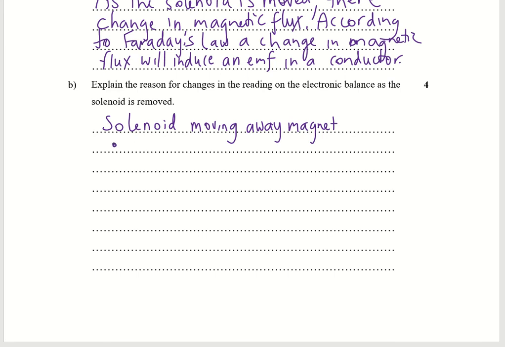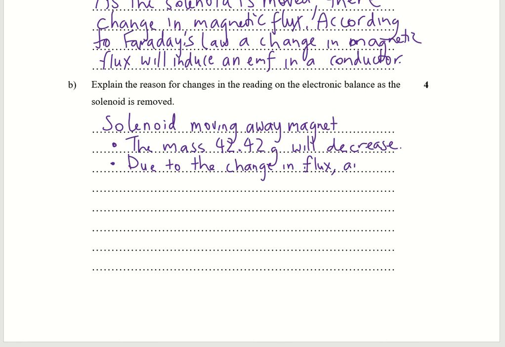So what's actually happening here? The mass, 42.42 grams, will decrease. So it will go down. Okay, so that's the first thing. The reason being is due to the change in flux, a back EMF is induced,